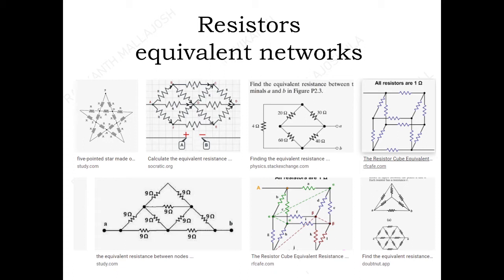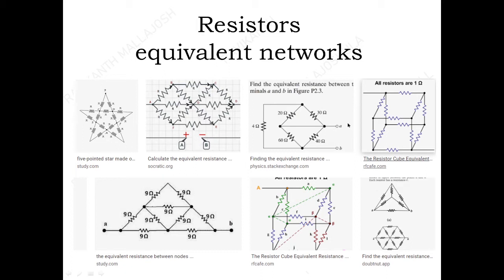One may ask you to find out the equivalent resistance between 2 points. In this particular case, let me show you an example where A and B are the 2 points where you need to calculate the equivalent resistance. So this is how they may ask you to calculate the equivalent resistance between 2 points. Either you can take this example or you can take the next example, A and B. We need to find out the total equivalent resistance. So how we are looking at the network, the reference point, is important.